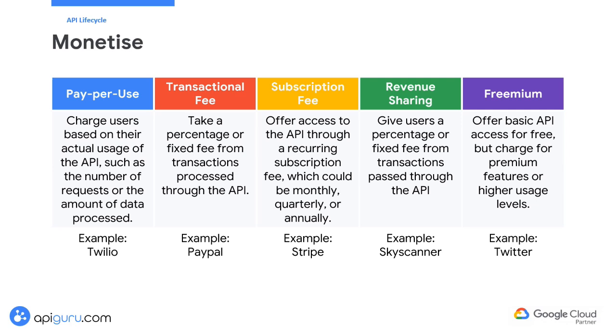Implementing a billing system to handle payments and track usage is essential for managing revenue. Offering premium features can create additional value for users willing to pay for enhanced functionality. Lastly, marketing your API through various channels, including developer communities and partnerships, can help attract potential customers and grow your